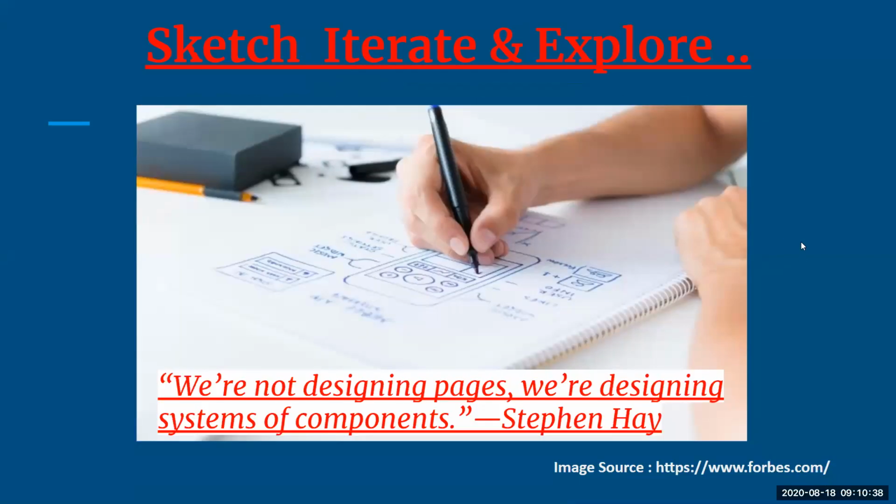Next is sketch, iterate, and explore. Once you are done with your preparation step, you are clear with your idea that this is what I want to do. This is my step number 1. So your initial step in the to-do list, step number 1, is evolving your ideas. The very simple step which we always come up with is sketching, using your pen and paper. This just helps you understand the flow of your idea, understand your design architecture, how it is going to be. So the very first step is sketching.